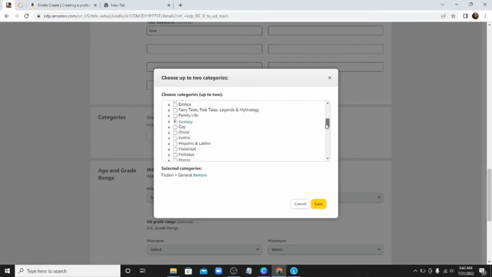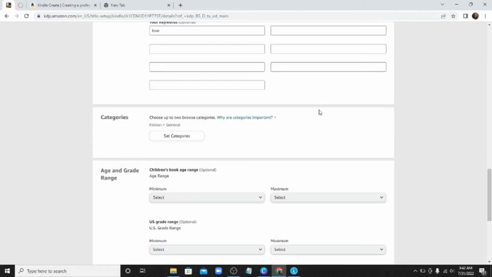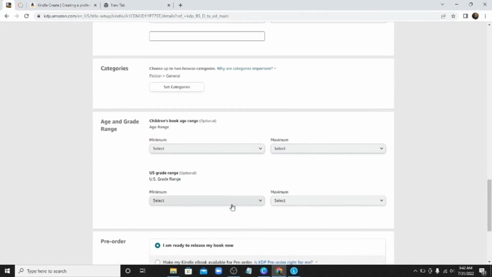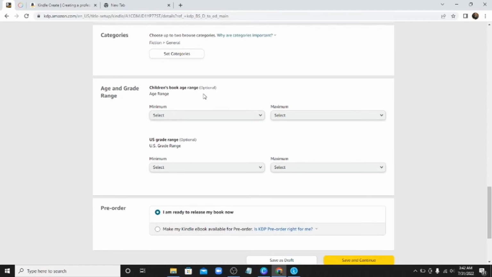You can pick that. And then I heard a tip from somebody I really respect a while ago that I really see works. You can put your book in more than one category, okay? Put it in a more generic category, put it in an obscure category. This would help for people that are searching, and when you find out what category your book is doing well in, you can then decide what to do with that. All right, you can pick the age specifications too. You don't want to publish adult content to children, but you can say that this is completely optional, so you do not have to